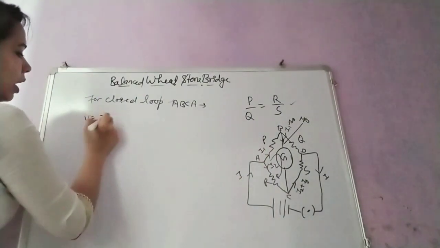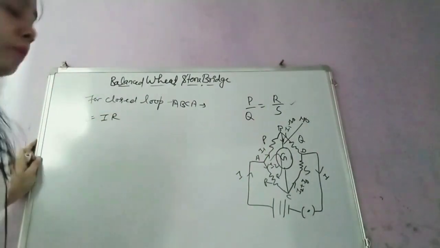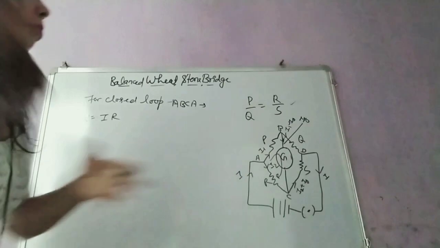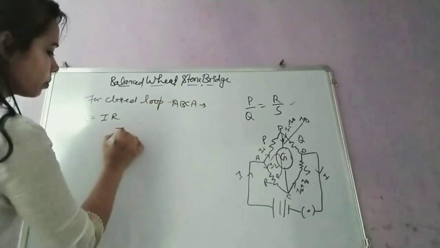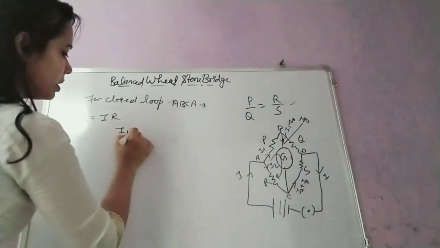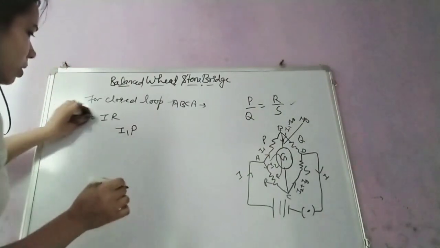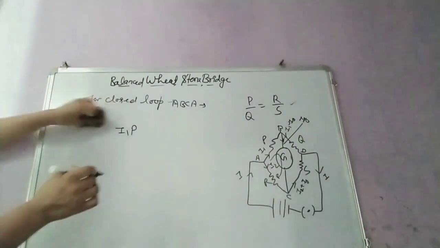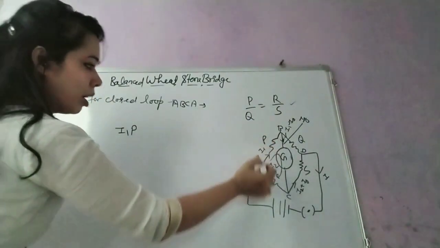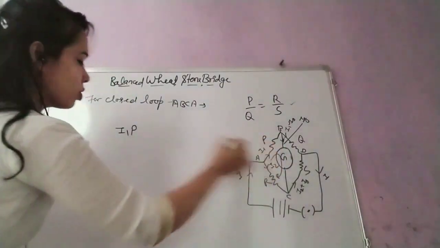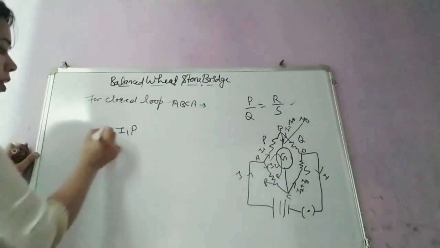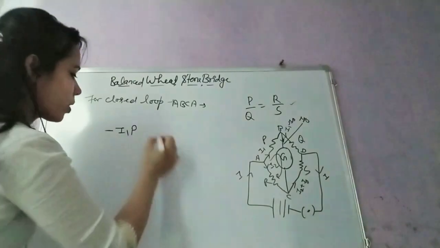V equals I into R. So here potential drop means what? I1 and R, resistance is P here. So I1 into P. Now since the direction of current and our path are both in the same direction, we will take a negative sign. Negative sign. Now then plus